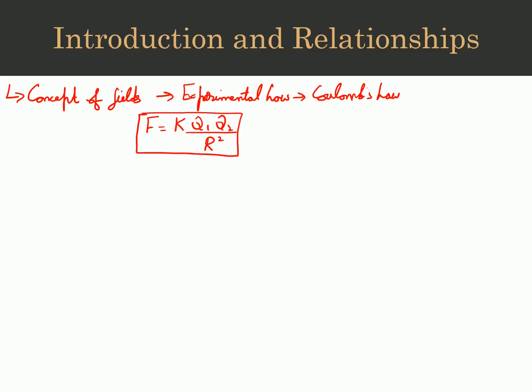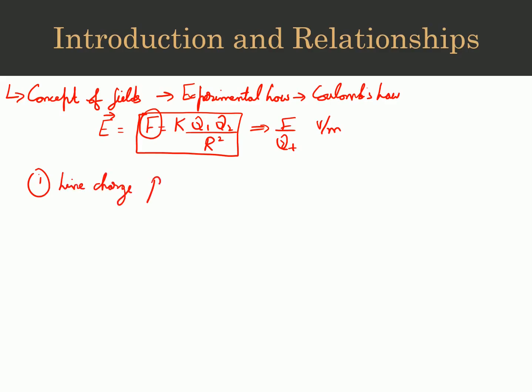From this relationship among two energy sources, which are charges for this course, we then moved towards finding the electric field intensity, where we said that electric field intensity is nothing but the force acting on a test charge Qt in the presence of another charge, with the unit of volts per meter. And once we understood this vector quantity, we worked our way towards different sources of electric fields. The first one was the line charge,